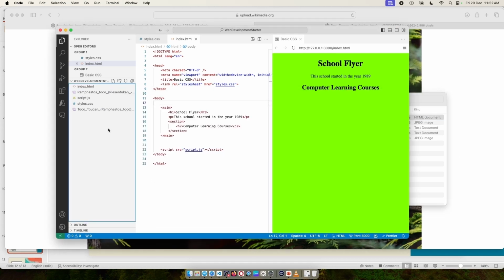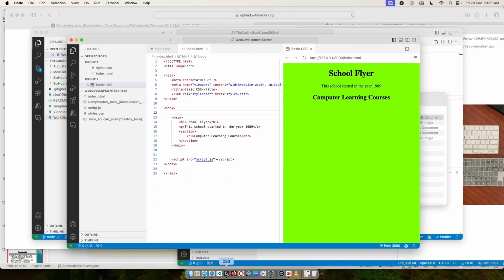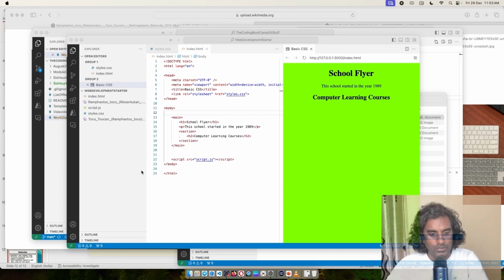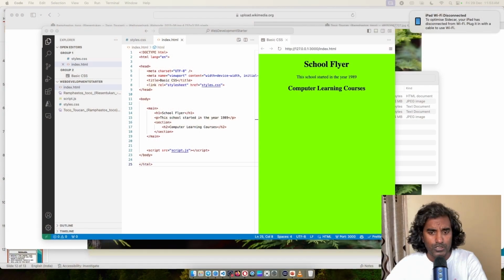So like you saw just now, I was able to get the images from the internet. You can also go ahead and get whatever images you want. I mean, we are building a computer science learning course, but I'm using some toco toucan photos, which is fine. You can use whichever ones you like. It's totally fine. So now I've got the images working. Please get images from wherever on the internet, or you can use your own personal images also. And remember, you don't have to make a brochure about computer learning courses. You can make a flyer or brochure of anything you want, like a birthday party or a visit to the local zoo. It's totally up to you. All right then, so I got the images.